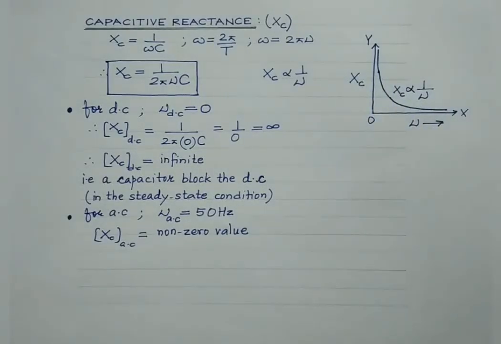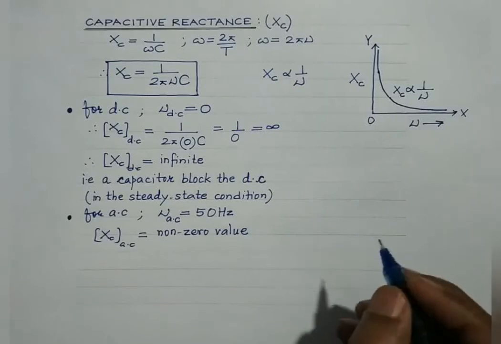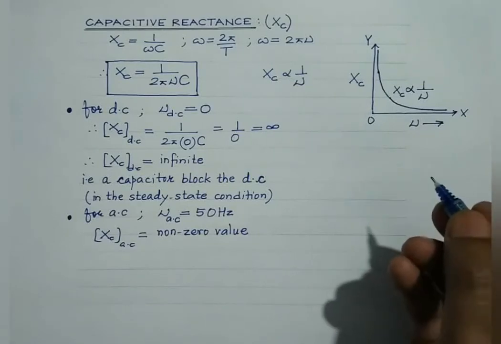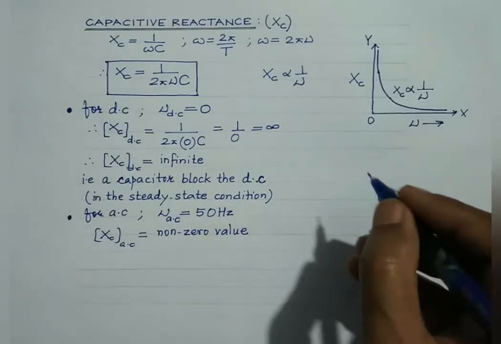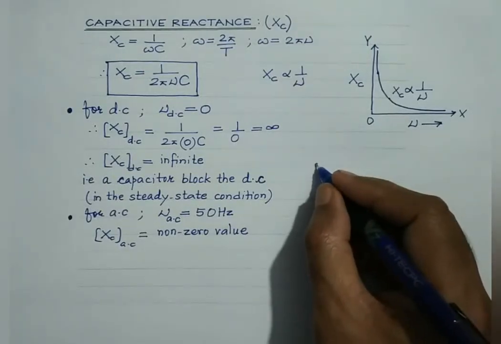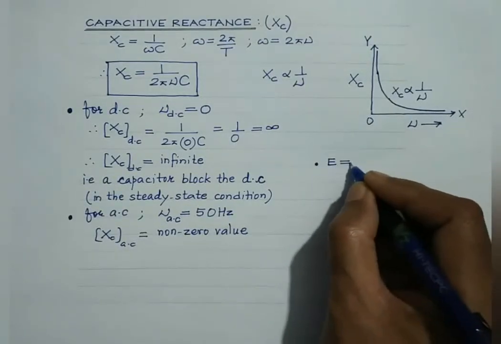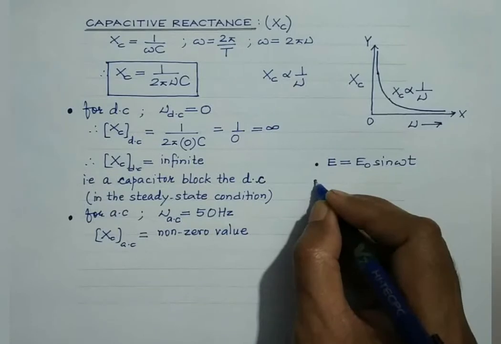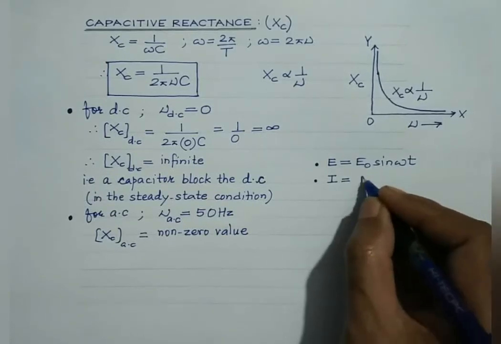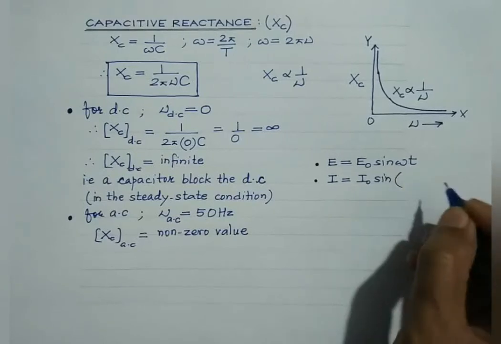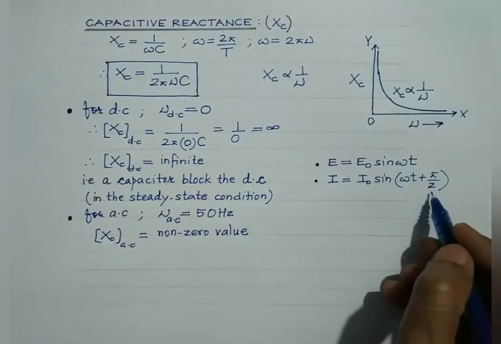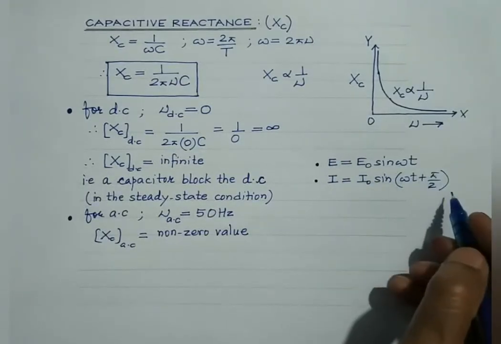Right? So what we have discussed in this article is, in the case of an AC circuit comprising a capacitor only, the EMF lags behind the current by a phase angle of pi by 2, or the current leads the EMF by a phase angle of pi by 2. So what we have discussed is the expression for the instantaneous EMF. It is E equals E naught sine omega t. Second, the expression for the instantaneous current is found to be I equals I naught sine omega t plus pi by 2. Current leads the EMF by a phase angle of pi by 2, or EMF lags the current by a phase angle of pi by 2.